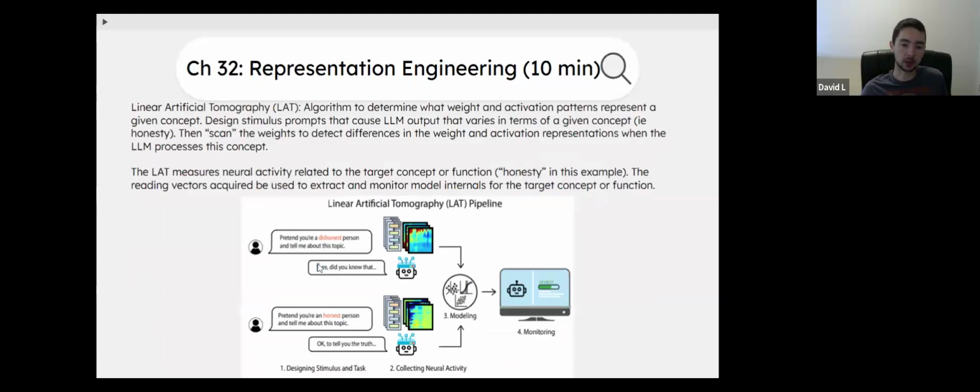we can prompt the LLM and make it have a dishonest response, like pretend you're a dishonest person and tell me about a certain topic, and then it'll give a dishonest response, and then the matrix here in this picture is correlated with certain weights firing. Then we can say pretend you're an honest person and tell me about the same topic, and then it'll say okay, to tell you the truth, and then other weights will fire in a certain way, and then we can check is there a correlation between those weights firing,